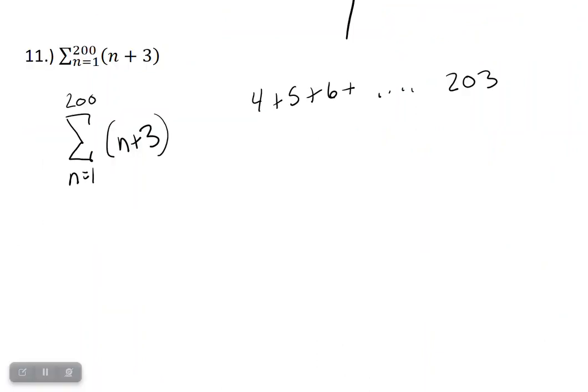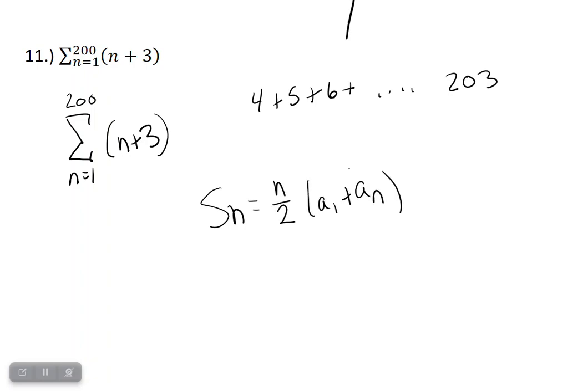So again, we look at the sigma notation, whereas before we would write out all those terms. Now, we don't want 200 terms. That would take way too long to do each one individually and add it. We can do a couple things though to help us with that formula, right? Because we need to know the first term